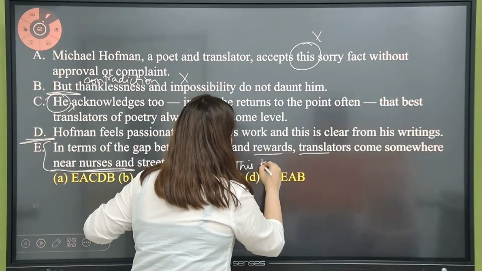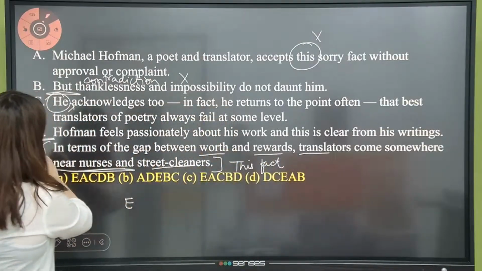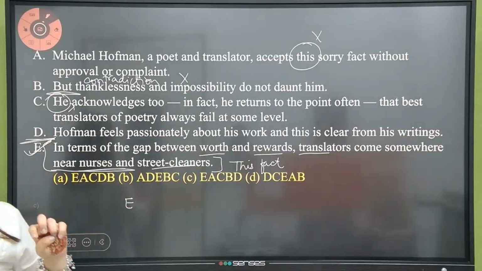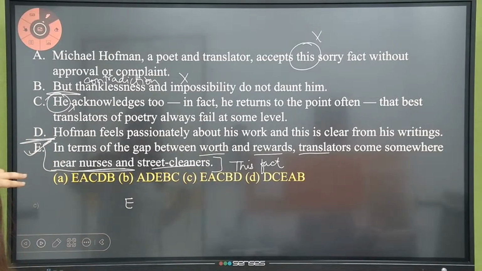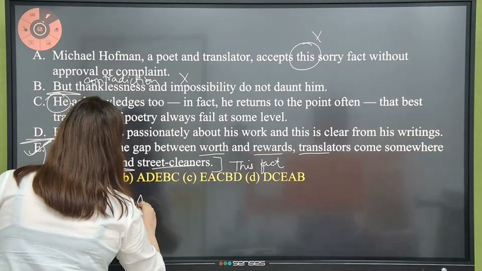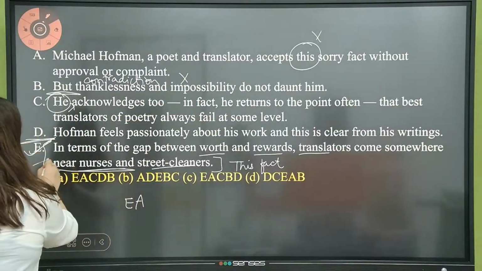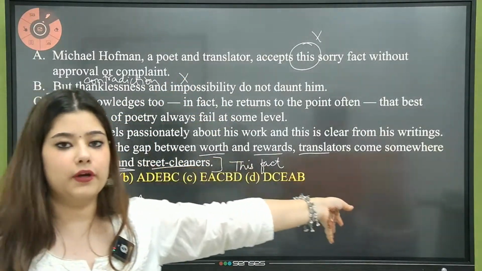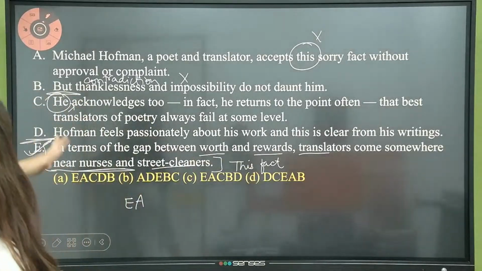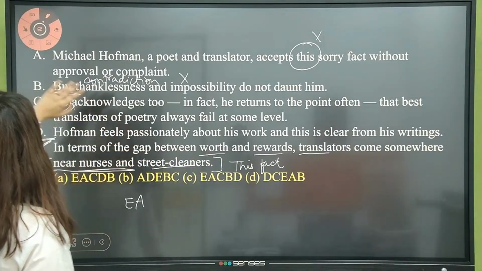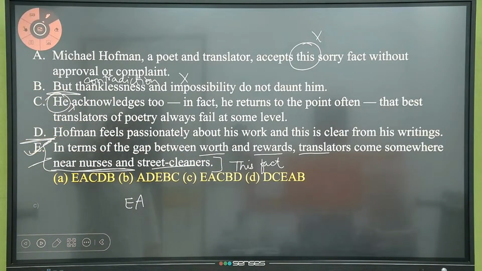This fact. Which fact? This fact, E. So A will come after E because of this sorry fact. What sorry fact are we talking about? It is the sorry fact that we are talking about. So E and A, and then Michael Hoffman, a poet and translator, accepts this sorry fact without approval or complaint,